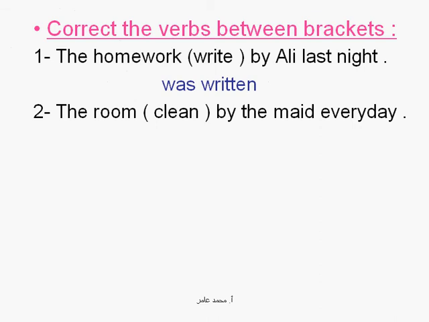Number 2, the room cleaned by the maid every day. Here we have the room is the object, and هنا room مفعول به, and it comes at the beginning, so the sentence is supposed to be in the passive. من المفترض أن تكون الجملة في المبني المجهول. وصيغة المبني المجهول